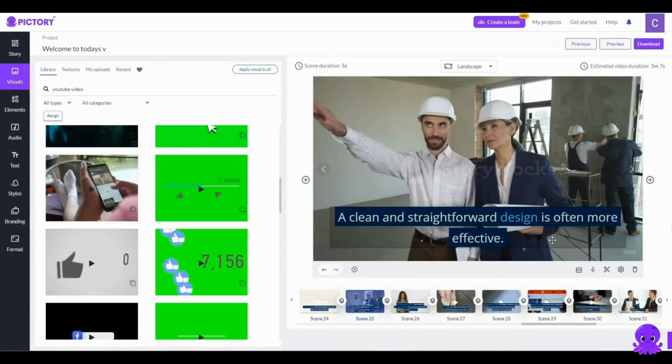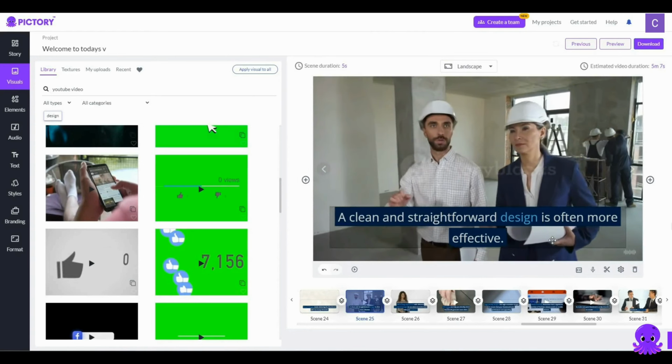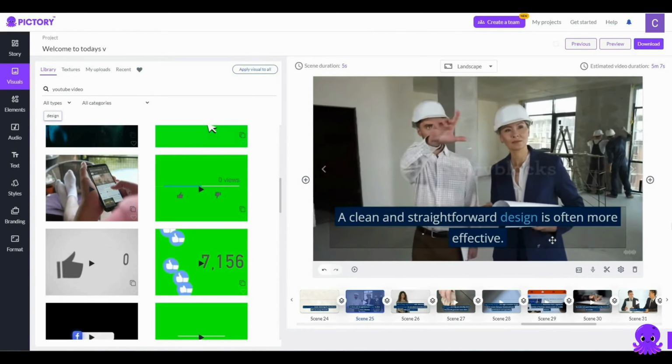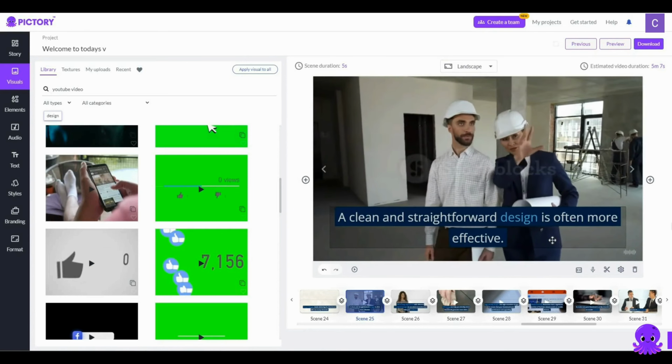I guess you could say when it comes to pros and cons, Pictory is great at creating it, but sometimes Pictory is too smart for its own good. The way to kind of combat this is the fact that it says, "A clean and straightforward design is often more effective." If we had no other information, this can certainly be perfect, because when you think about it, they're coming up with a blueprint and a design, but it's going to be for a room or a building. But if we were talking more about YouTube in this specific segment here, it would have more information to work with. So in order to get past that,